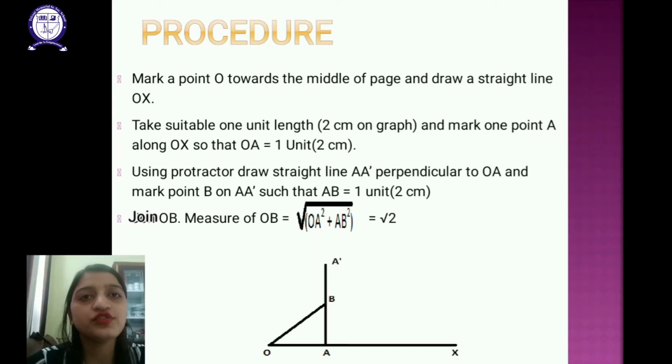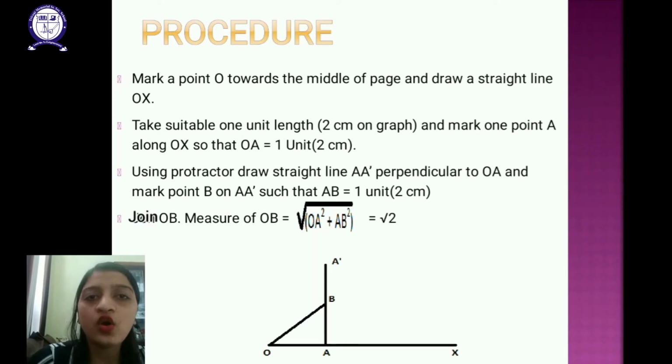Okay, so first of all, the first thing is make a point O towards the middle of a page and draw a line OX. First of all, we took a page. You can take any kind of page, a colored sheet or anything. Take a point on the page and draw a straight line OX, such that O is the middle point of that page, so that you can get certain space to draw the complete spiral. So it is recommended that you take O in the middle of that page, and draw OX.